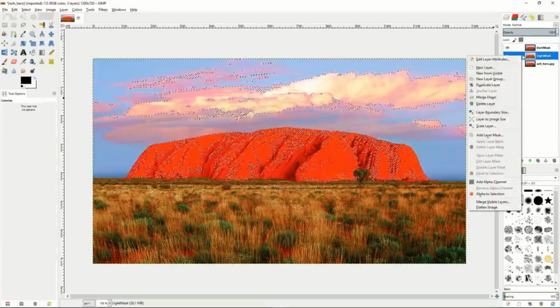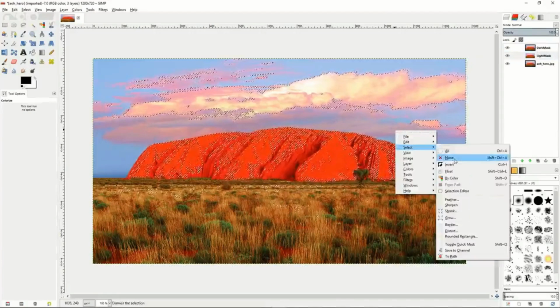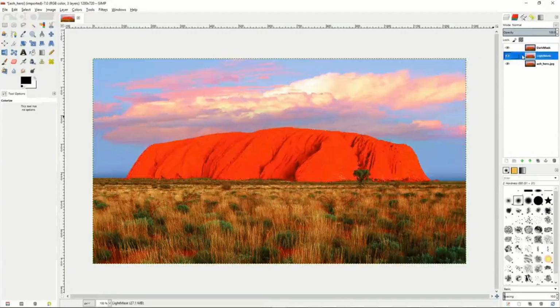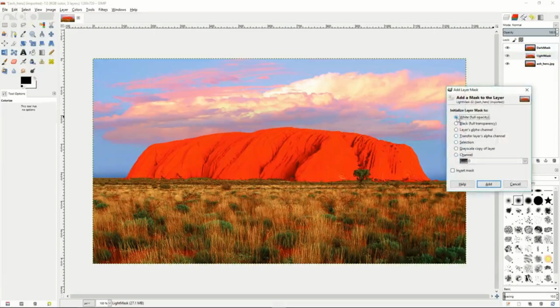And then for the light mask, we'll right click and then make sure that your selection is none. So we'll right click on the light mask, click add layer mask. Instead of normally you would make it white, we'll set it to channel. And you can see under our channel, we actually have all of our different channels here for our shadows and